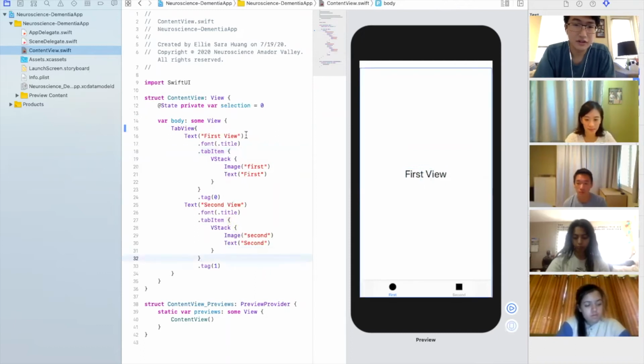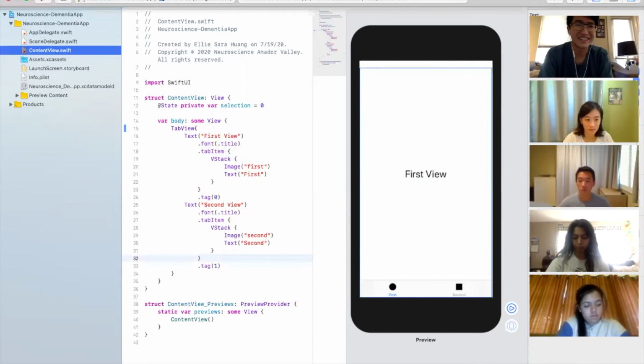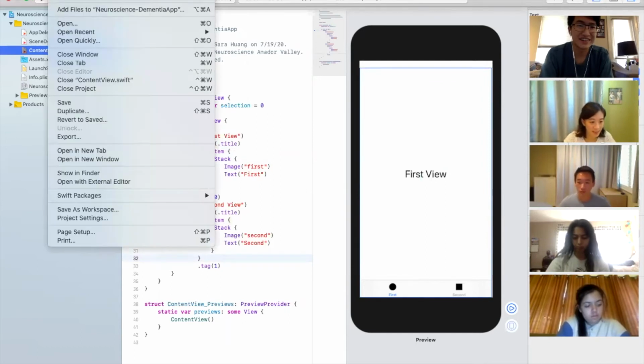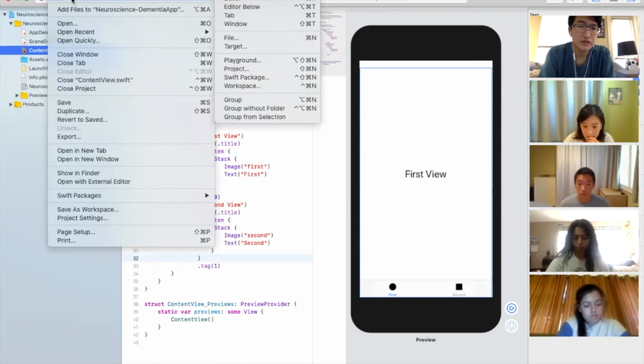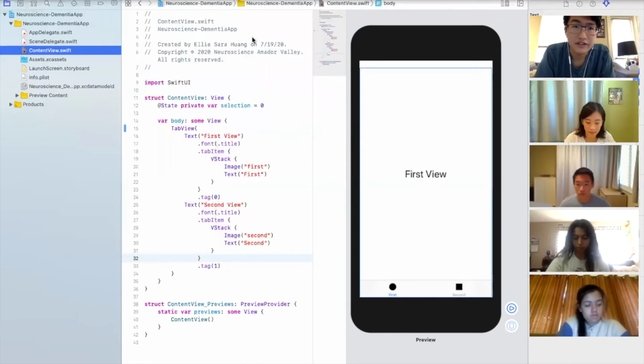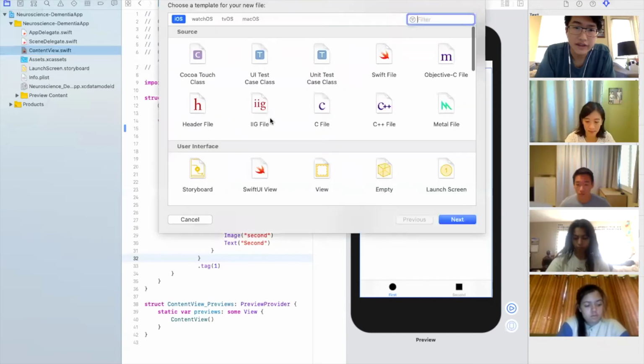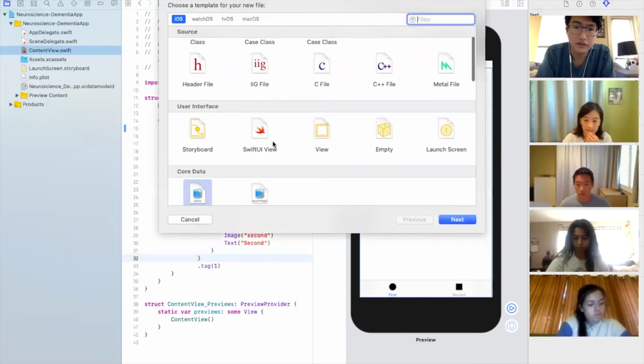Okay. So what we're going to do is, can I create a new file first, actually? So I'm going to create a new file, and then we're going to create a new, there it is. Okay. And then when you create a new file, you want to create a new